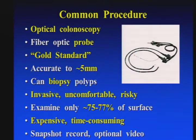The current gold standard procedure is optical colonoscopy, where the doctor introduces a scope through the rectum and checks the entire length of the colon. This is accurate to about 5 millimeters, but it's a very invasive one, very risky. About 1 in 1,000 get perforated and need to go immediately to surgery, and 1 out of 5 of those actually die. So there's a 1 in 5,000 chance to die from this procedure. So there's some risk there, but